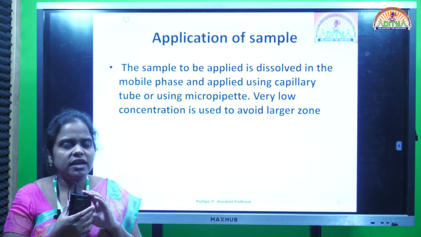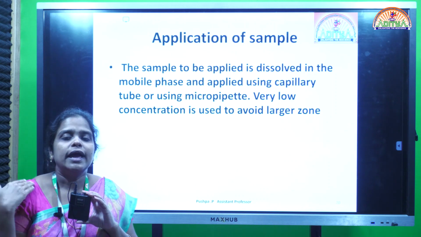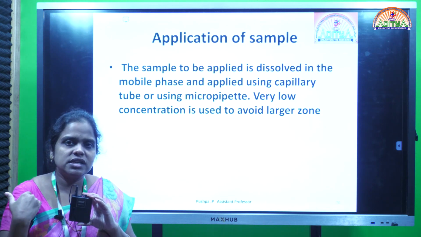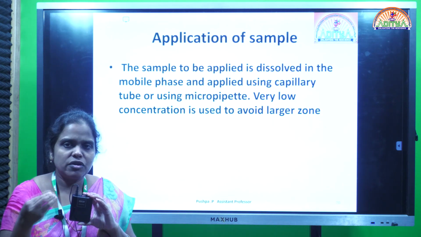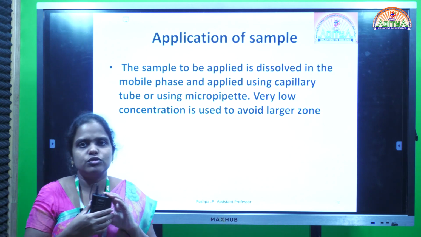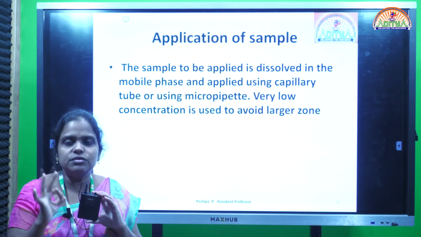Why? If you take a concentrated sample solution, it may react with the paper. Further, more interactions may happen with that paper, and we will get wrong results because of that higher concentration of sample. Some other false results also will come. So mostly we have to use dilute concentrations to get very accurate and sensitive results.